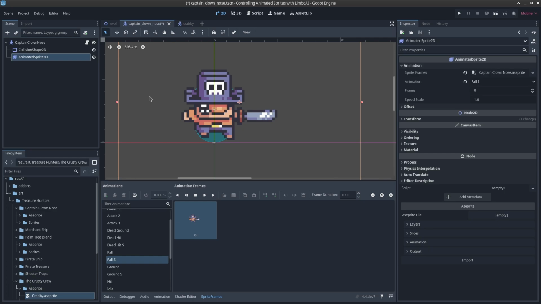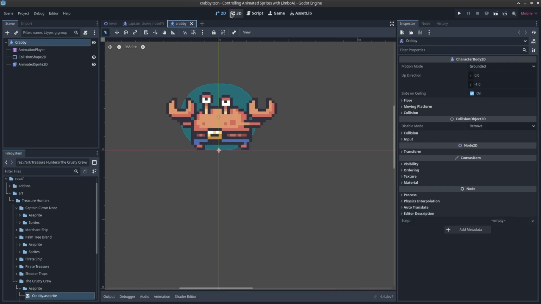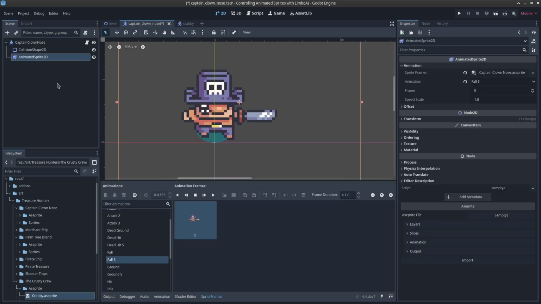So for player characters, I think a finite state machine makes a lot of sense because as you press keys, it's going to switch between specific states, and in those states, the character has specific abilities. But for other characters like enemies, we might use a behavior tree since we need to control the state through code-based decision making. So we can customize that in a flexible way using a behavior tree and its resource editor. So that might be the next video, but for this one, we're going to start with the finite state machine